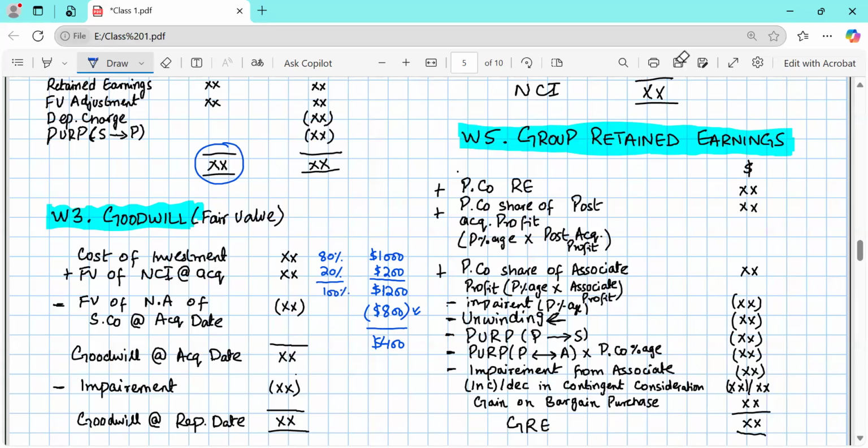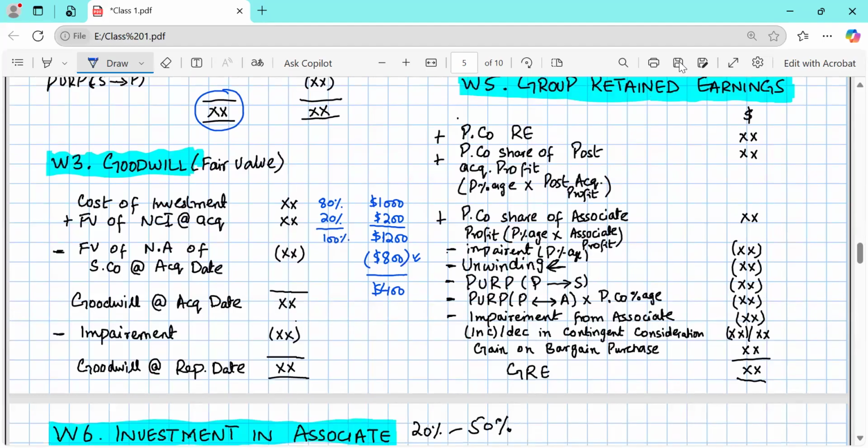Okay. And from that you have to deduct the impairment, meaning the fall in the value, or the fall in the reputation of the company. So if there is any impairment given to you, you will deduct that. Let's say for example the impairment is $100. We are going to talk about the impairment in detail as well. There's a proper standard, IAS 36, but here impairment just basically means fall in the value of the assets. So you will get the goodwill at reporting date. You know what impairment is?